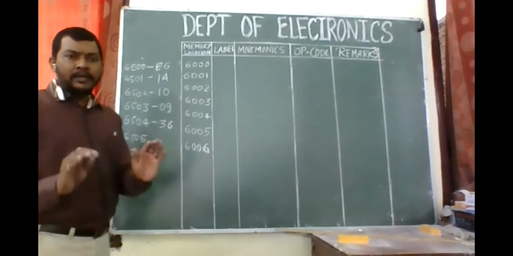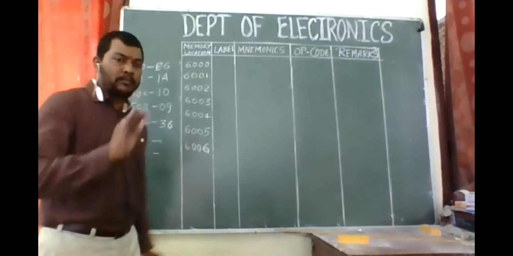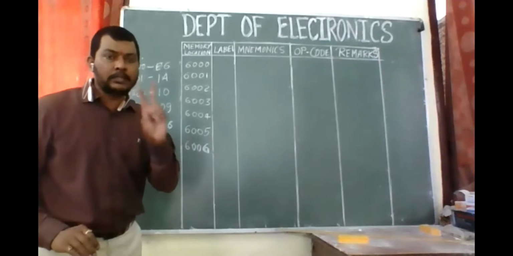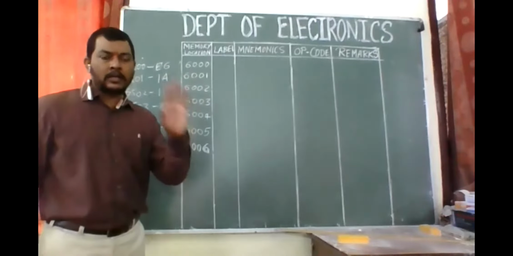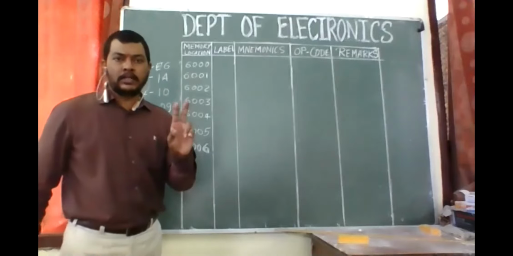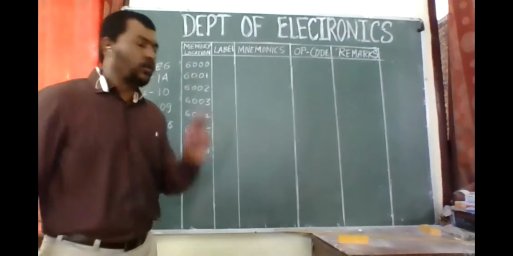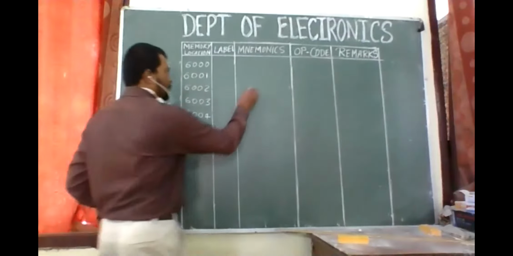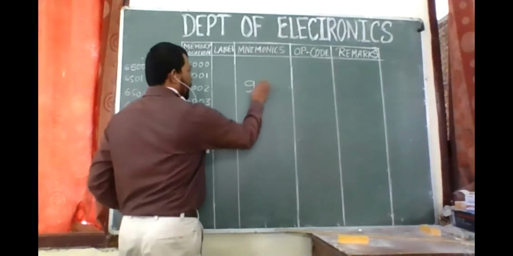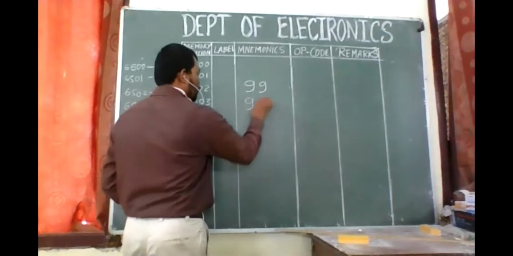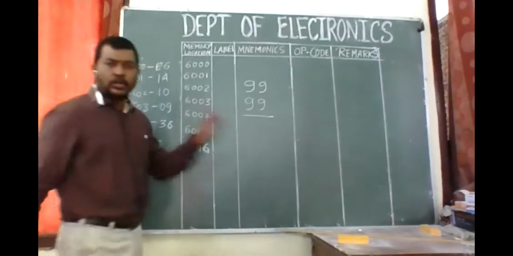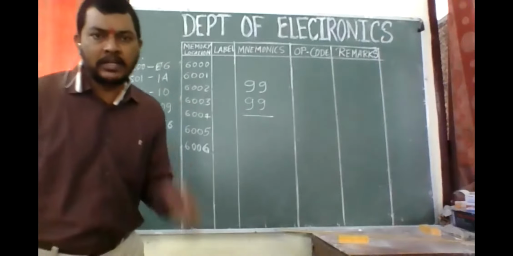Now let me try for a decimal number. मैं बोलता हूं कि 2 बिट का मैं डेसिमल नंबर ले रहा हूं. रिमेंबर दिस, आई एम स्विचिंग. मैं अब हेक्साडेसिमल की बात नहीं कर रहा हूं क्योंकि डेसिमल हमको जल्दी समझ में आता है. तो मैं इमेजिन करता हूं कि 2 डेसिमल नंबर है हमारे पास. Let it be 99. So this is the maximum number of decimal 2 byte. तो 99, ये 99 मैक्सिमम नंबर है डेसिमल के.